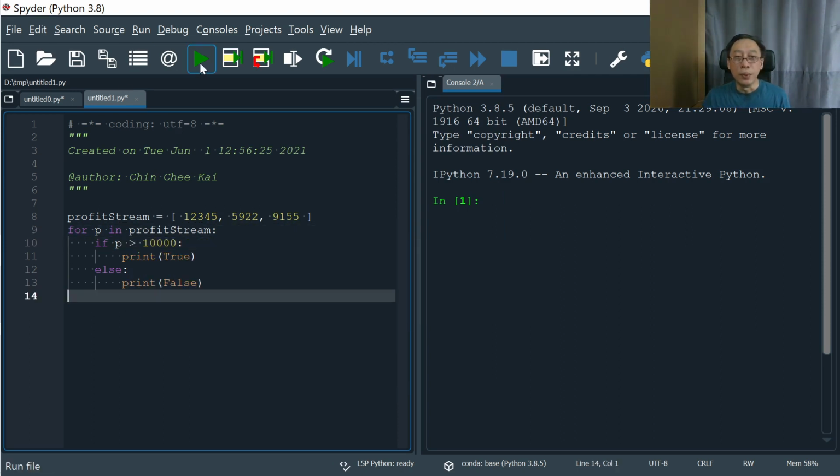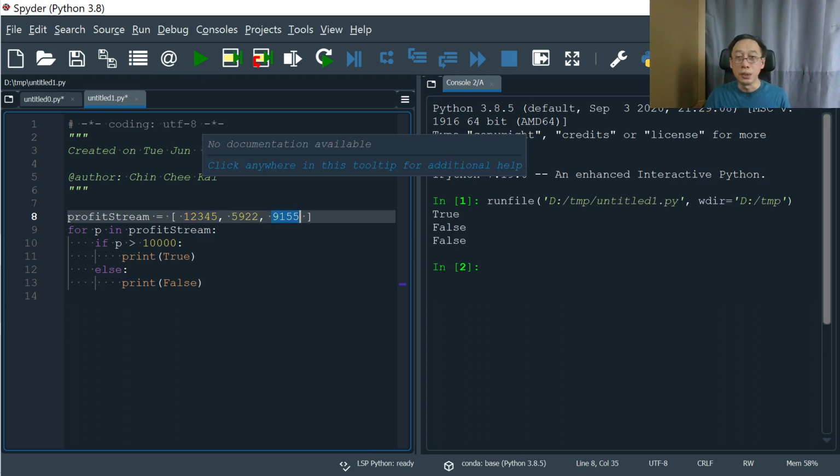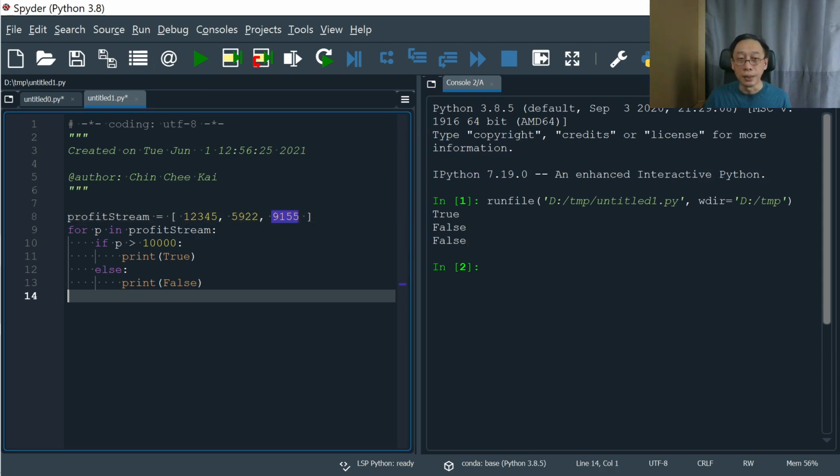So this is a very simple code. We use for to run through each profit and look at it. This is going to be a true because it's greater than 10,000. This is going to be a false and a false. So we should see true, false, false, not surprising. But look at this code. All right, maybe it's still readable, but if we were to do a few more branches of if and padded